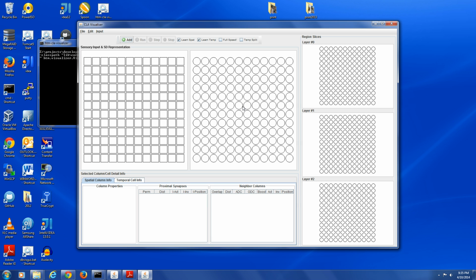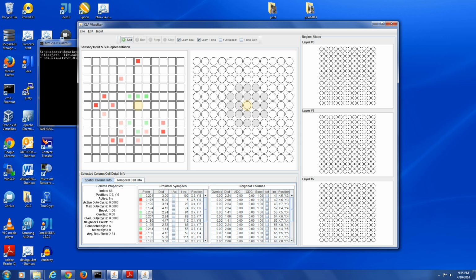By clicking on a column, we will see the column's proximal synapses connected to input space. The orange spot here is the column center in sensory input space. A gradient color represents synapse connection permanence. Green is connected and red is disconnected. At the bottom we have spatial